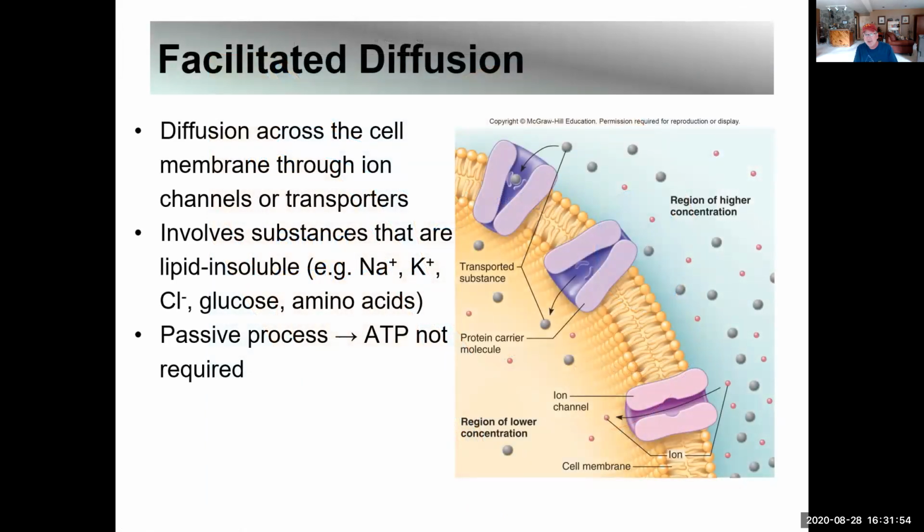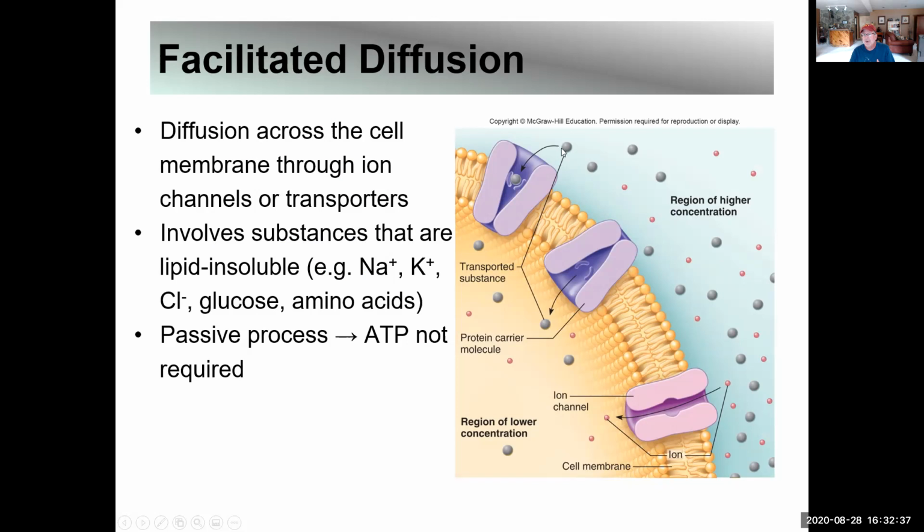Here's another type of diffusion, which again is passive, called facilitated diffusion. What makes this different is that we are now employing one of those integral transmembrane proteins to help shuttle that substance from a higher concentration into a lower concentration. So to set the stage, here's our phospholipid bilayer, here's the inside of the cell, here's the outside of the cell. Here we have a transmembrane protein, we have a couple of them here, and we're talking here about a substance,